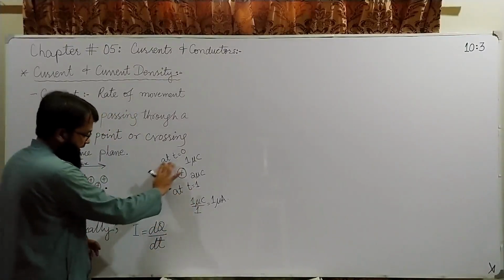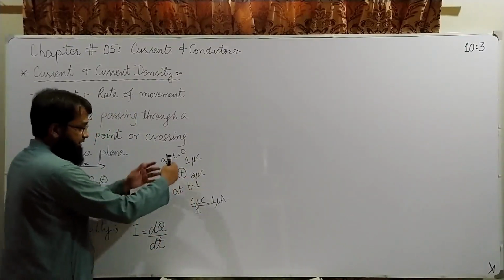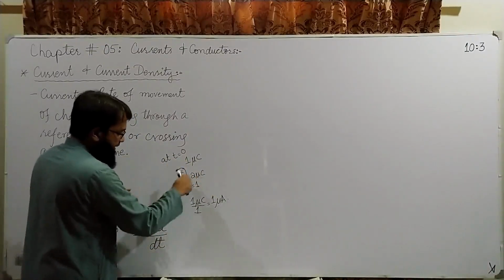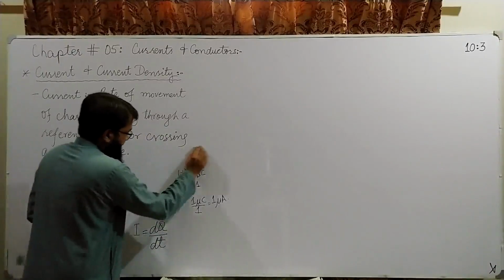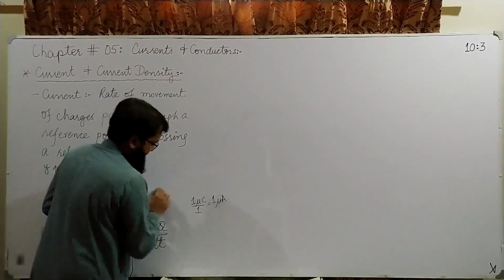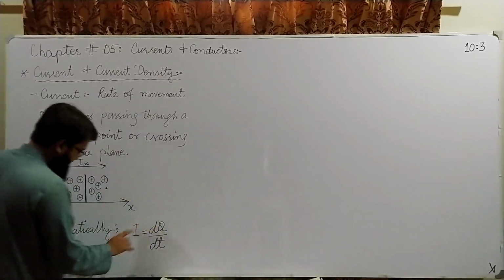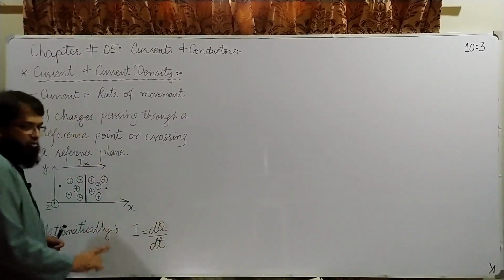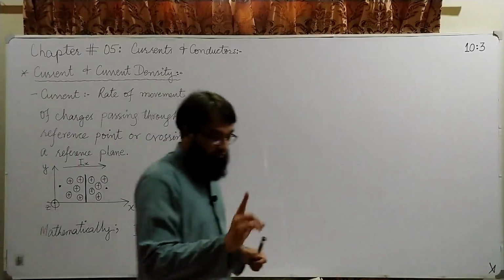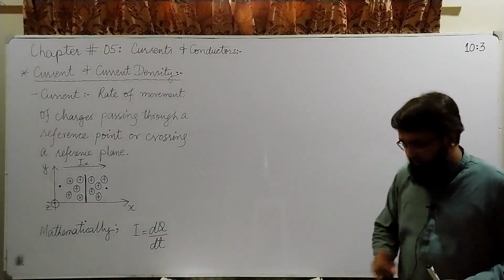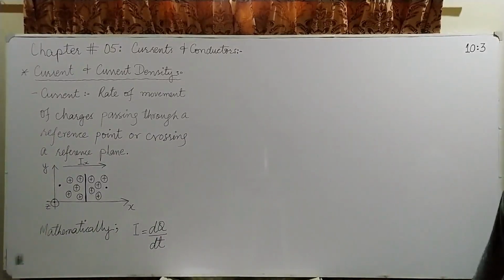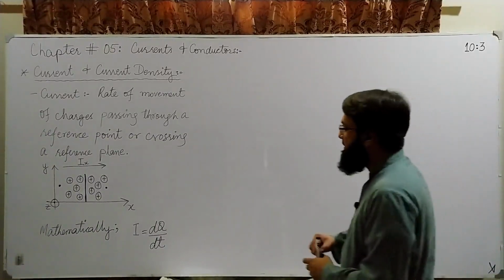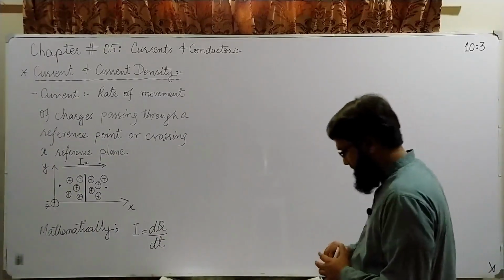ठीक है, अगर चार्ज वैल्यू चेंज कर रहा है, भले चार्ज मूव होता हुआ नजर नहीं आ रहा, चार्ज ओवर द पीरियड ऑफ टाइम वैल्यू चेंज कर रहा है, तो हम कहेंगे कि इस पॉइंट पर करंट है मौजूद. ठीक है, सो the correct definition would be the rate of change of charge is current, really not the rate of movement of charge, which is not the complete definition of current.